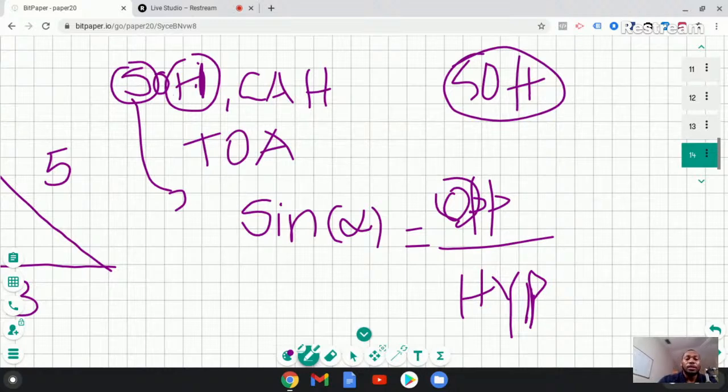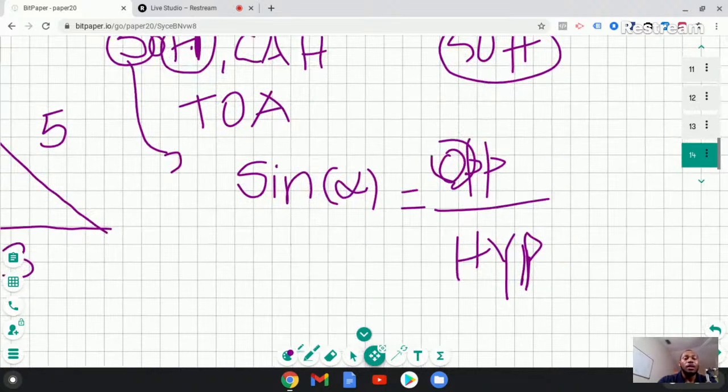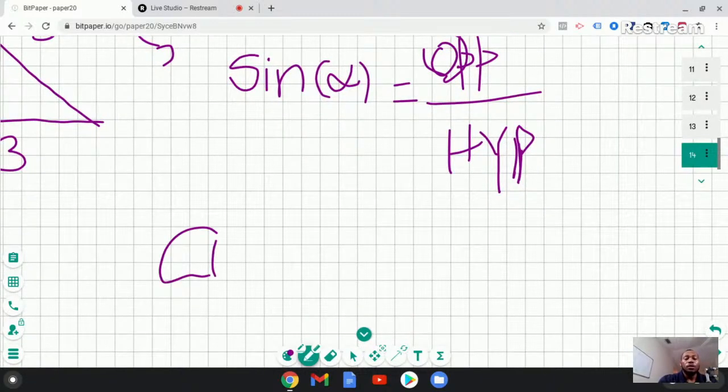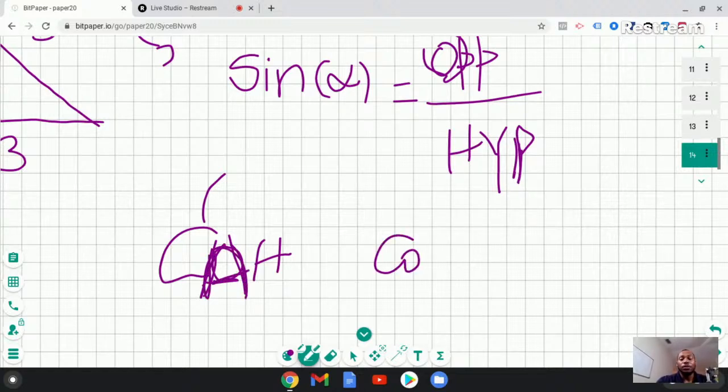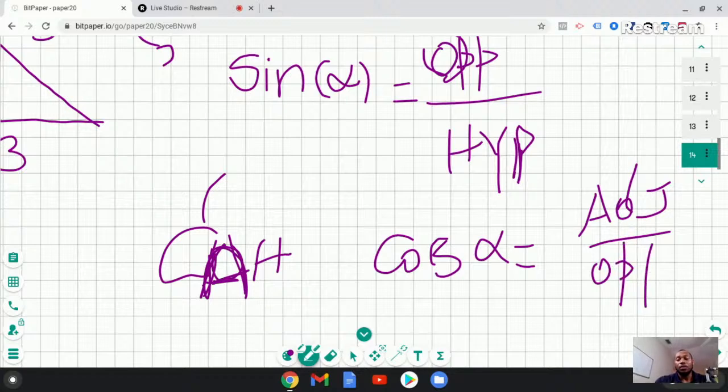And to find the cosine of the angle, use the same mnemonic: CAH. So cosine of an angle alpha is equal to the adjacent side divided by the hypotenuse. And I think what you guys have all been confused with is when do you consider a side adjacent, and when do you consider the side opposite? And then tangent,